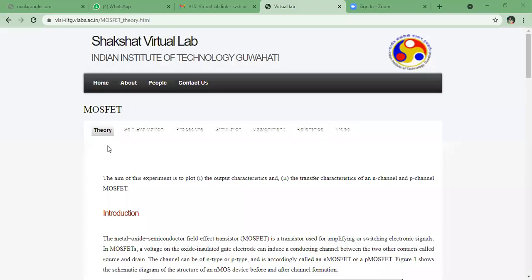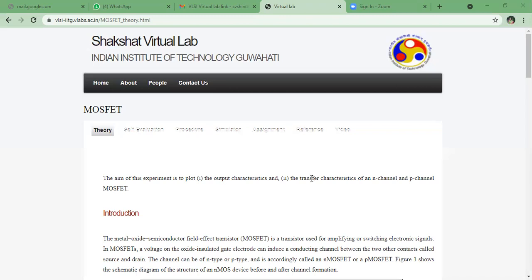Okay. So this is a MOSFET practical, MOSFET characteristics. The aim of the experiment is to find out the output characteristics. As we know, there are different types of characteristics for the inputs and output, out of which are output characteristics and transfer characteristics. Output characteristics means the output current versus output voltage, and transfer characteristics means one parameter is from input side and another parameter is from output side.